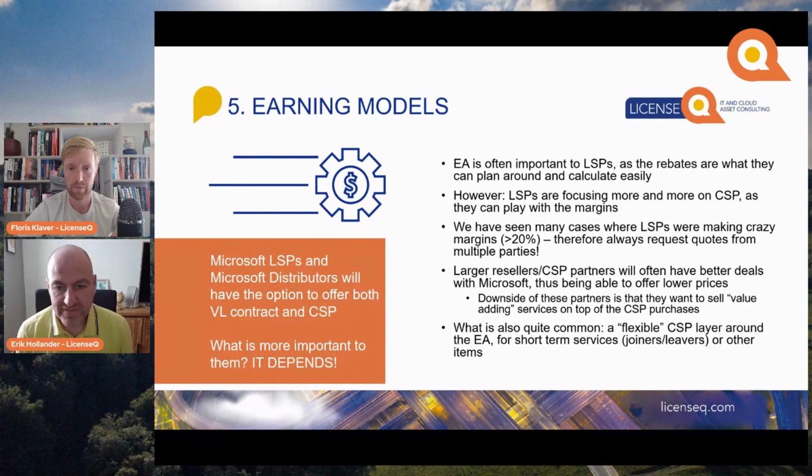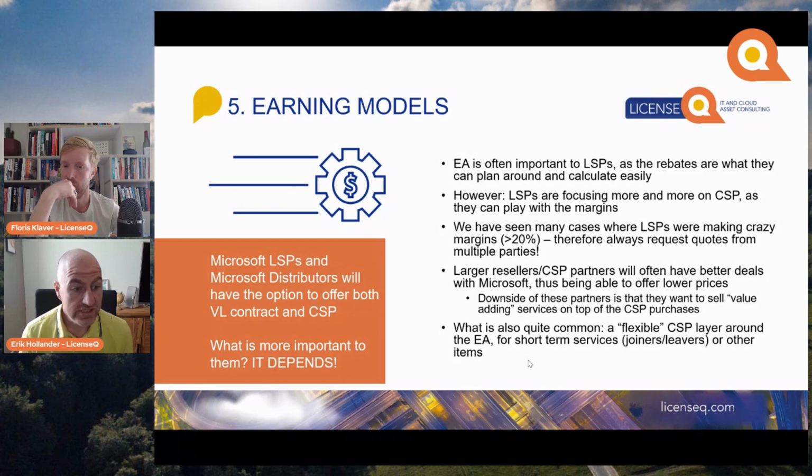So the EA is often very important for LSPs. It's a fixed amount of income they have. They have a fixed percentage that is coming in. So they have to change their focus on that as well. More and more, they are now focusing on CSP because the margin and the rebates are often far higher than on the enterprise agreement. So in the past 3 years, they're moving away from the EA platform, and we've seen cases where the partner is actively pushing to CSP